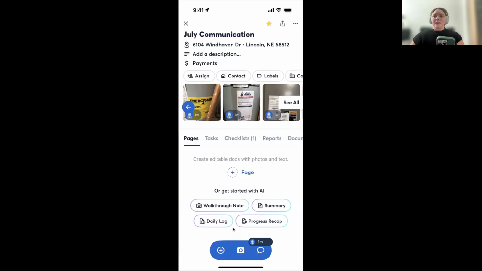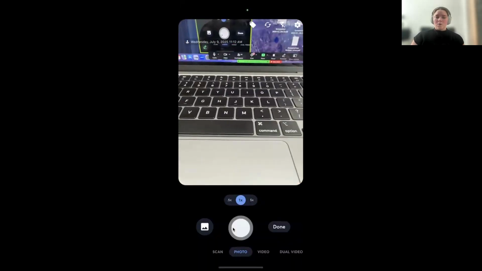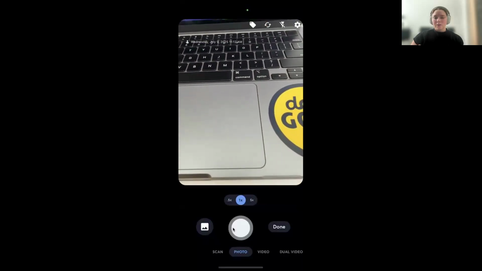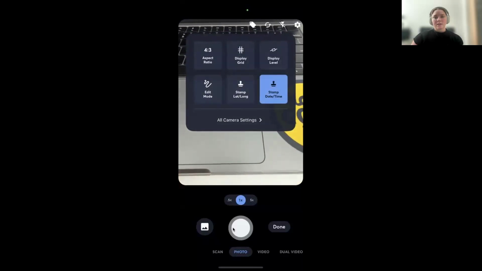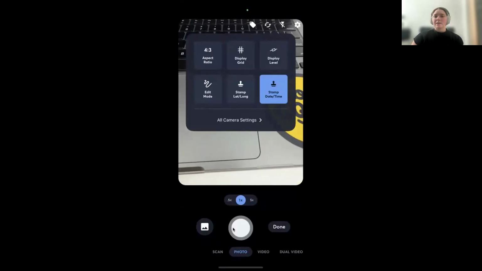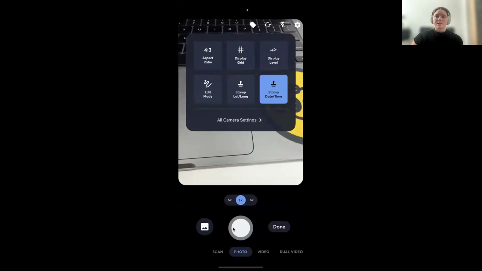Moving on from comments and mentions and notifications, the next thing that we're going to look at is going to be taking photos and using our AI features. So when we click the blue camera icon at the bottom, it's going to prompt us to start taking photos in the project. One thing I do want to note is top right is going to be our settings wheel. So we go to our settings. This is per user settings. So each user can set these up the way that they prefer, or if you have an admin that wants all the team members to have it set up a certain way, you can set that up